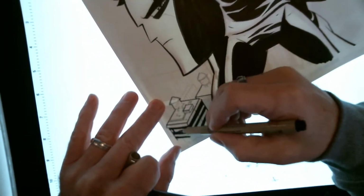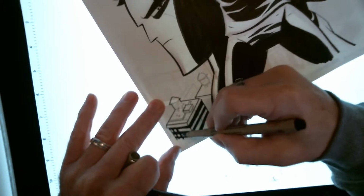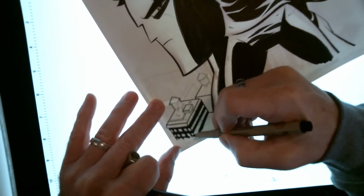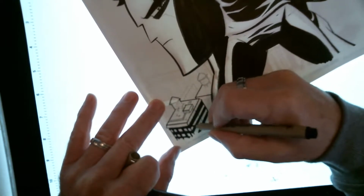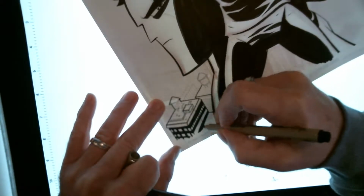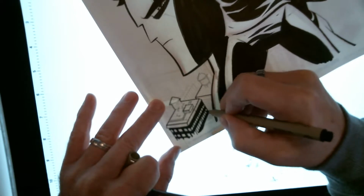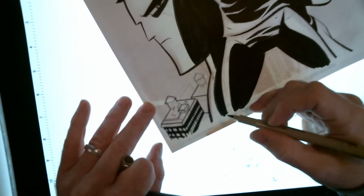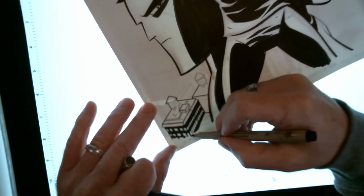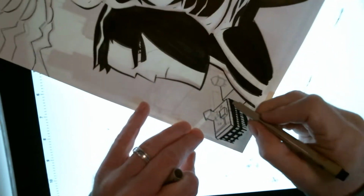So this is all I'm going to do. Keep it nice and light. Patterns on buildings can be kind of thicker like this, or it can do a different kind of pattern, even on the same building. Like a different side of the building might have a different pattern to it. You know, it just depends on the style that you want for that building. So like over here,